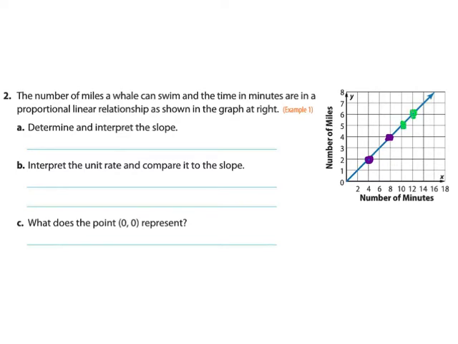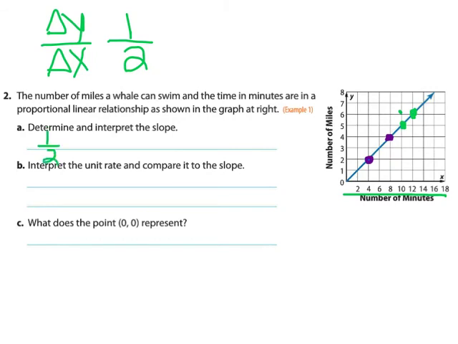Okay, these look like they're up 1 to the right 1, but we have to look at the number of minutes. Okay, so we have change in y over change in x. I'm going to go up 1, that's going from 5 to 6, so that is 1. But when I go right, I'm going right 1, but we're going from 10 to 12, so that is actually moving to the right 2. So the slope is 1/2,